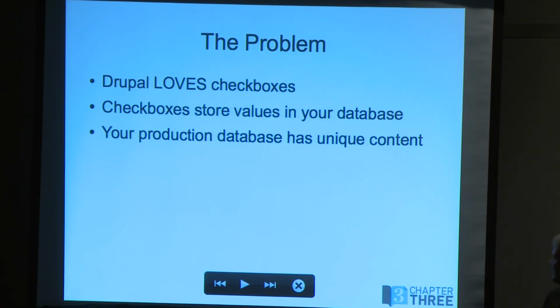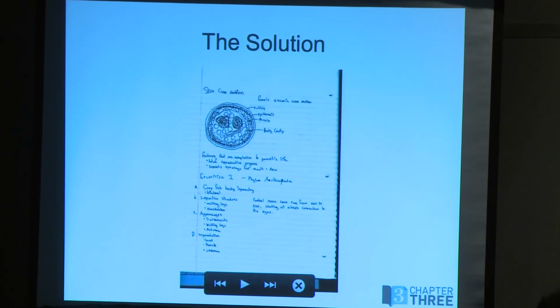But the issue becomes once you get into an enterprise environment. So they're saying we're going to have a release every 6 months of configuration. And that's the only time you're going to get new configuration up to the site. Now, how are you going to manage that if everything's stored in the database and we can't log into the production database to update it? So here's one way you can manage it. This is actually somebody's biology notes. I couldn't find a good example of somebody writing down their Drupal deployment steps, but